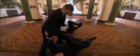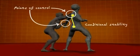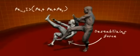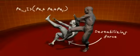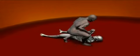The leg sweep is a move that takes your opponent to the ground. The move begins by dodging the initial assault and forcefully grabbing the opponent's wrist with one hand. Then, a quick strike to the head with the other hand throws the opponent off balance. This allows for a quick leg sweep, combined with a pull down on the collarbone and a violent takedown. Once on the ground, the fighter pins his knee to the attacker's chest, all the while keeping tight control of